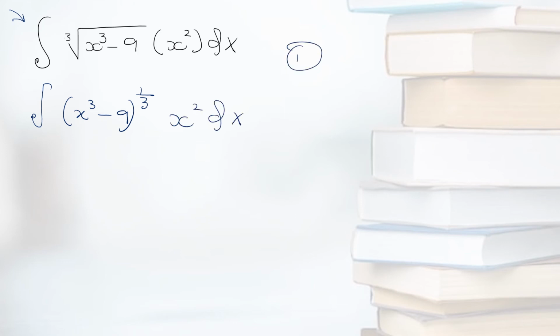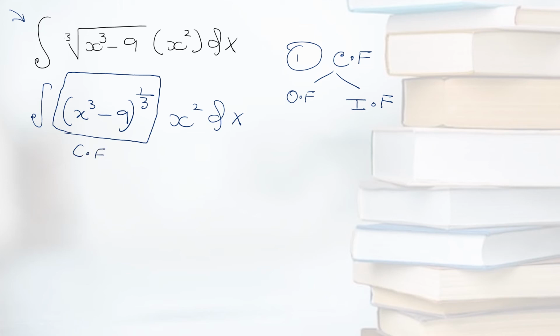So ask yourself, where is the composite function? Since you know that a composite function carries an outer function and an inner function, it means you are dealing with the function x cube minus 9, and this is your composite function. Reason it: there is a function written inside the bracket and also there is a power. So now once you get a composite function, that is x cube minus 9 to the power 1 over 3, ask yourself, where is my inner function? So x cube minus 9 is the inner function, whereas the power is said to be the outer function.